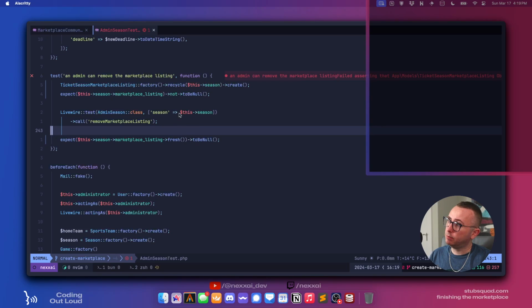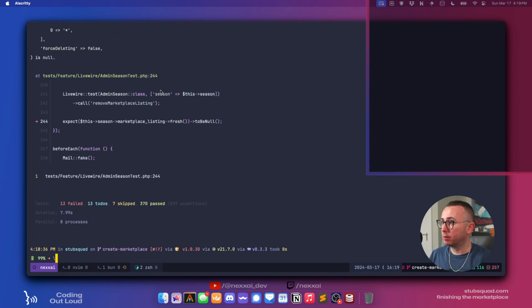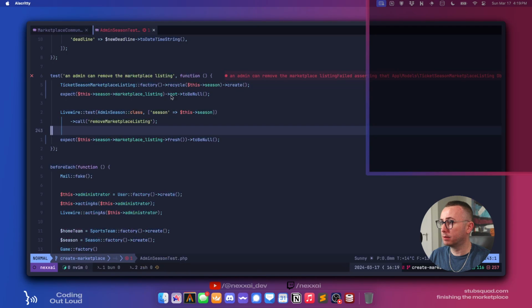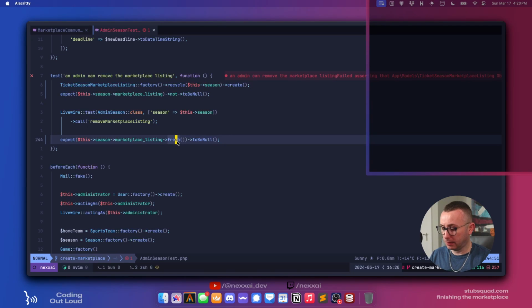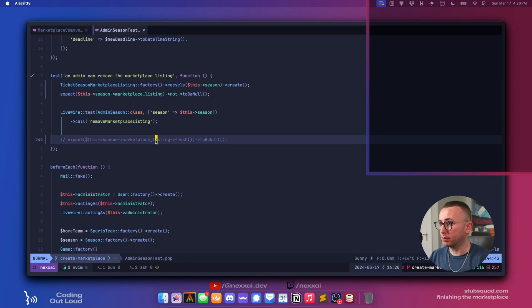Shouldn't be. Factory this season create. So what do we got? TicketSeason marketplace listing. I want to see. Okay, so it is this. Marketplace fresh.